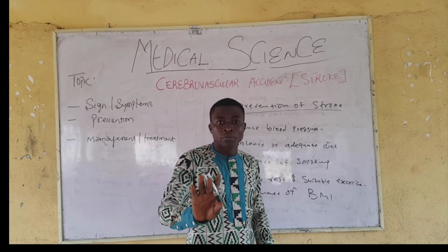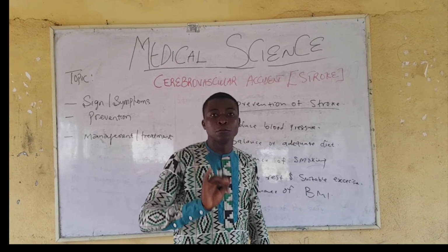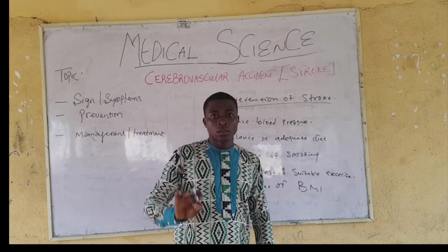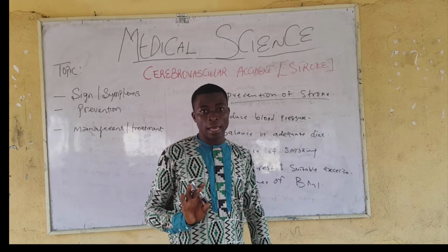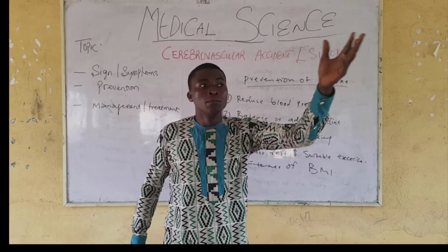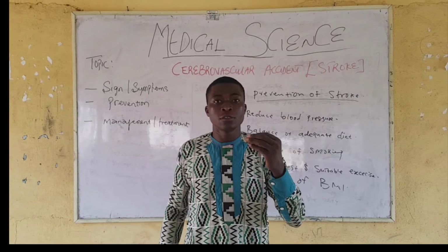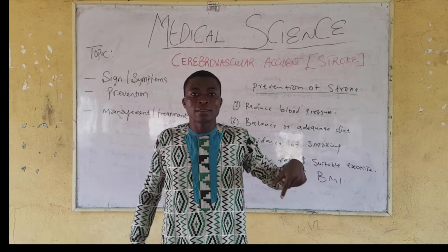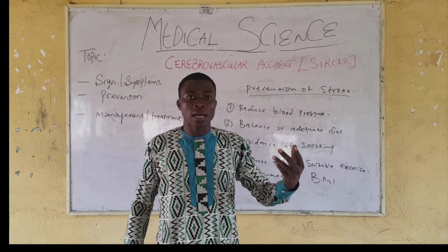So, maintenance of body mass index, how can you maintain it? You reduce intake of what? Fatty food. You take adequate exercise. You always rest and sleep very well. The food you need to eat is mostly what? Fruit and vegetables, to reduce what? Your BMI, if it is high.